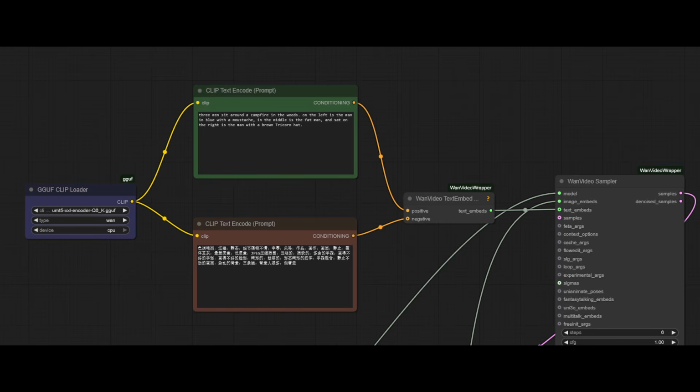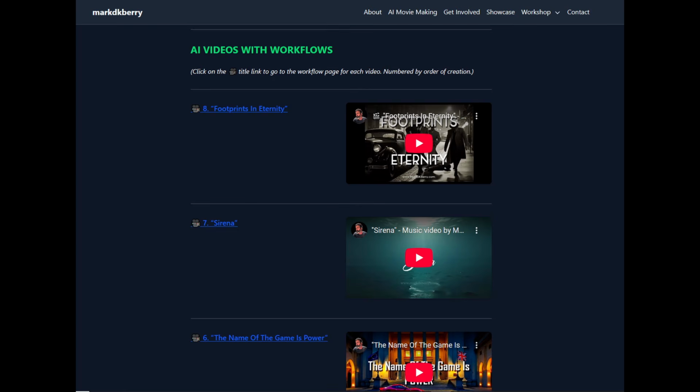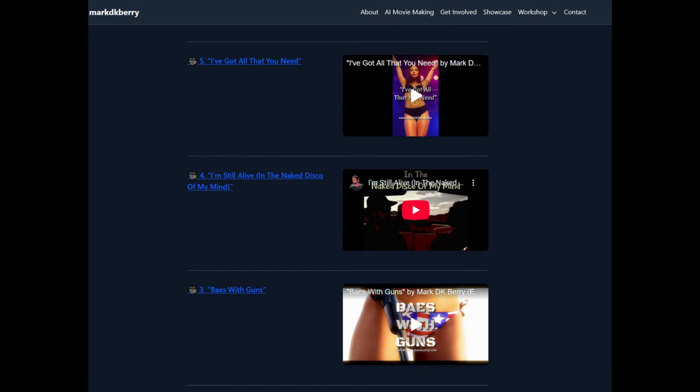The tricks come more in the wrapper workflows. I use GGUF for the clip loader, and I show you that here. Use these nodes to make it, and why I do that is because the standard clips are pretty huge. You also want to offload what you can to the CPU using nodes. You find these in most of my workflows, so I won't bother explaining it all too much here. Just check out my later workflows and you will find them in there.